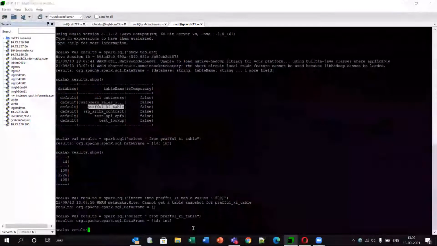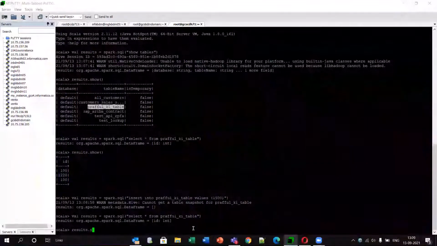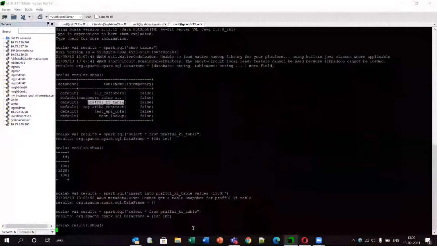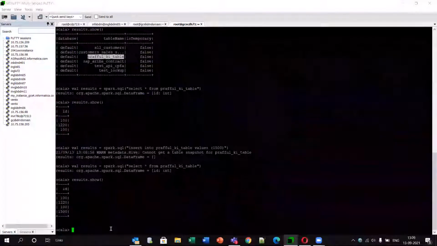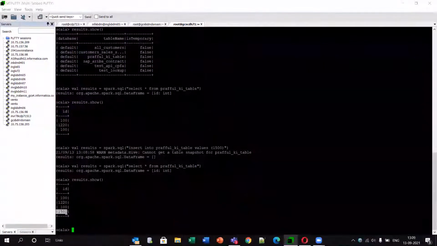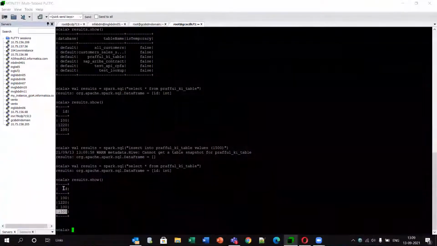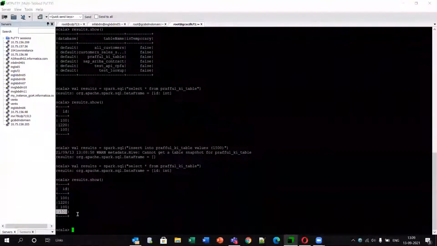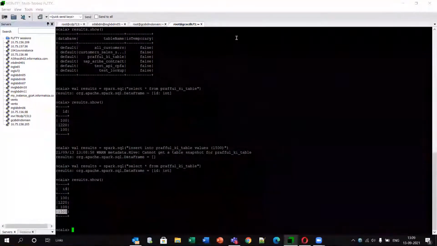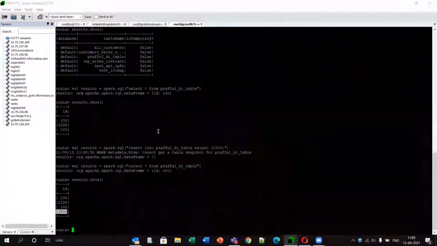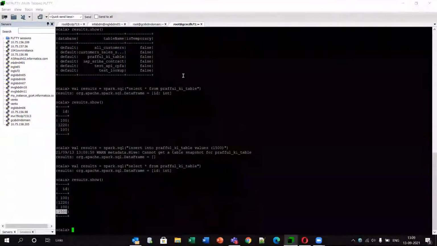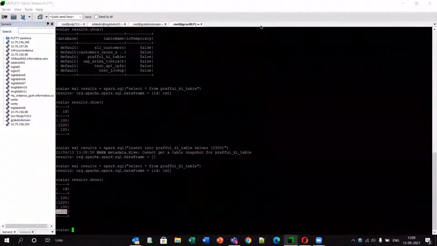After this, I will run the results.show command. Here it is. The record has been inserted. Earlier it was 100, 12, 20 and 100. It now has 1500 as well. So this is how we can run any query from the Spark shell itself, from Spark SQL on the cluster.